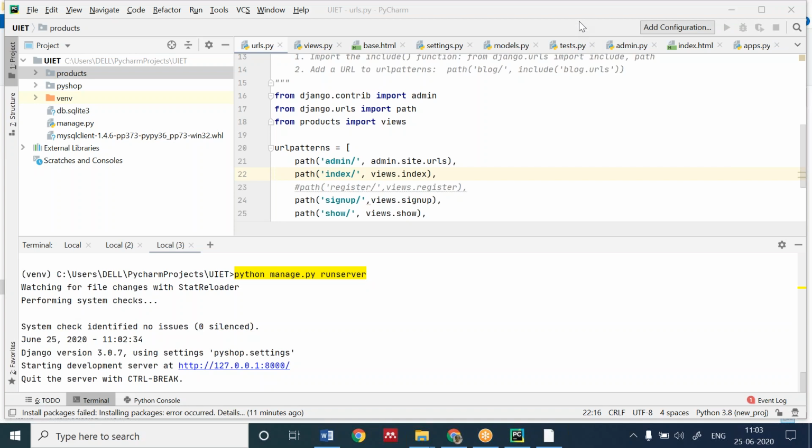So when you run your server, can anybody run the server and give me the lines of code that come after the server starts? Can anybody in the chat box give me so I can make you see that? Yes, it was a migration error. I know that, that's what I'm going to tell you, how to migrate it. So I want anybody, when they run their server, these lines which they get, because I've already removed that. I've already applied migrations, that's why this error is not coming.